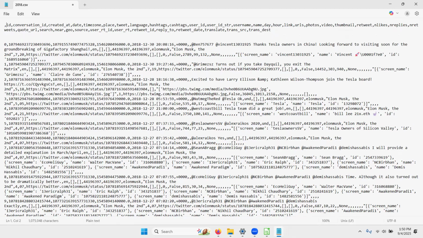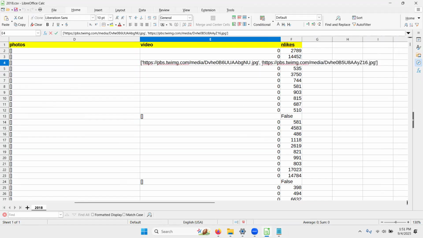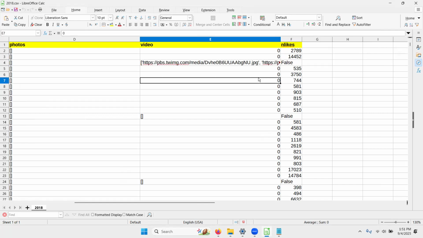But we got comma ID, comma conversation ID, created at, and here we go, comma, Ben 7566677, and then there's that tweet that we saw earlier. And we get to the end of the tweet, and it says a comma, and then the language, English, and then an empty array, so there was no photo link in this one. So I'm just pointing out that the comma right there might be a real hiccup and a problem, and we have to clean this data. We have to transform it before we can load it into C++